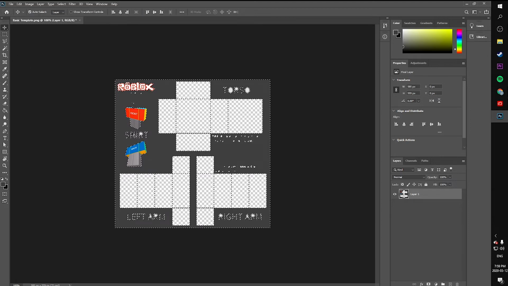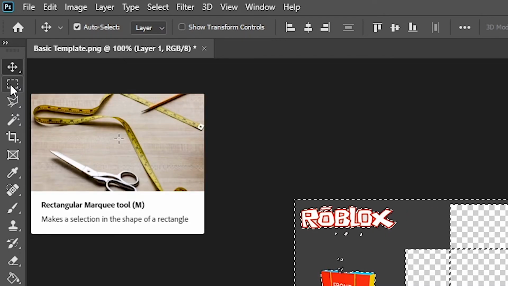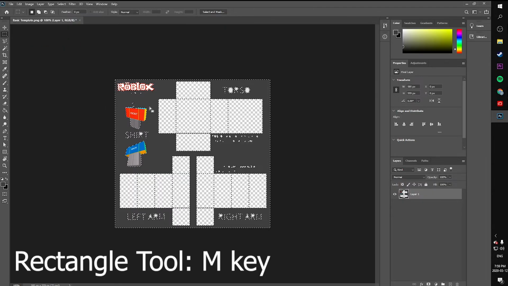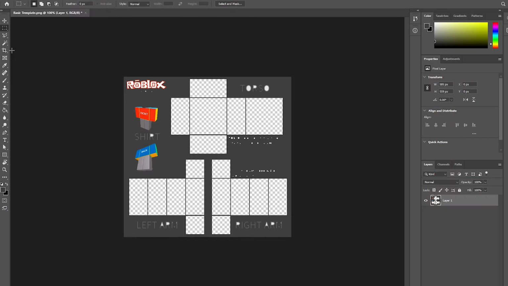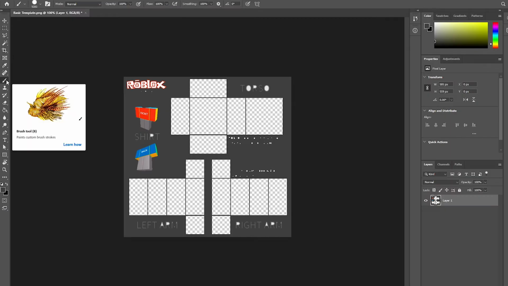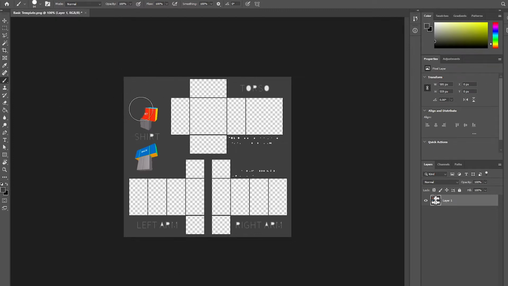So then just for these little bits, all you have to do is equip the rectangular tool by clicking M, and then you can just right click on this and then click deselect, sorry. And then you want to take your brush tool again by clicking B, and then you want to make it smaller and just go ahead and erase all of this if you want, just to make it look a little bit nicer. I'll put the gray template in the description below, just so it's easier for all of you to use